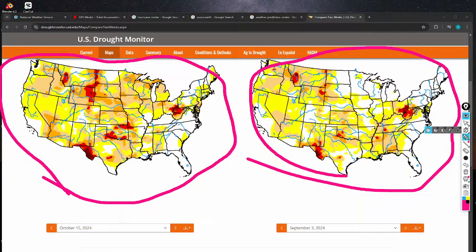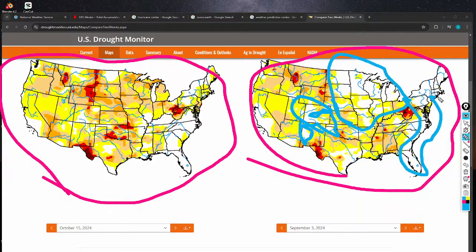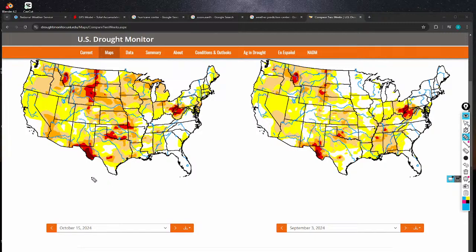So you can see that in blue, there's really not that bad of droughts. They had a lot of rain lately, back in September, especially Florida. And even parts of Texas didn't have much of a drought either until we didn't get any rain. And now we have a huge area of drought, which is now continuing all the way up to New York, including Ohio has it really bad. Actually, Ohio didn't really change much. Their drought actually got a little bit worse.